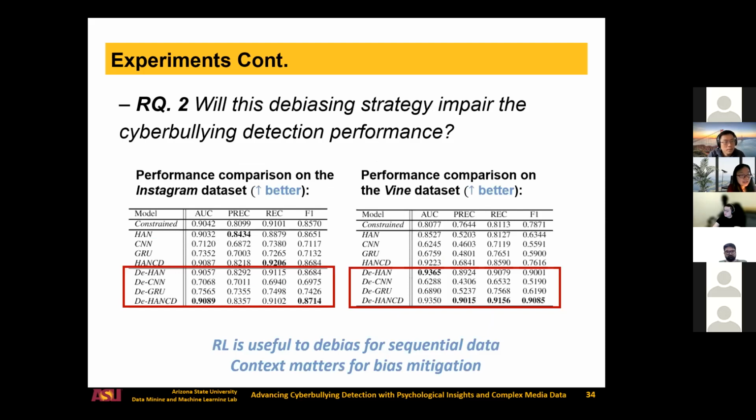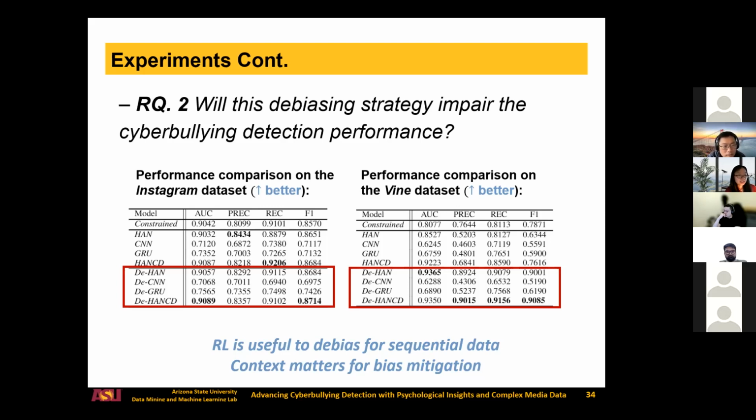In the bias and fairness literature, a frequently discussed question is, do we have the trade-off between the accuracy and the debiasing? In contrast to most existing findings that there is indeed a trade-off, our models can achieve both. We have less bias, and we also can improve the prediction results. So the broad result of